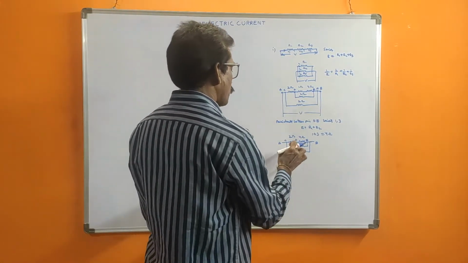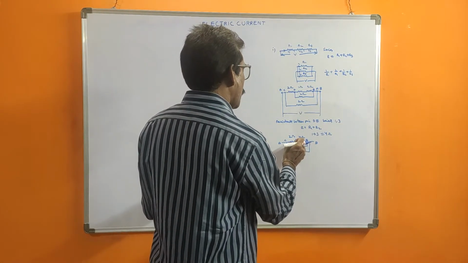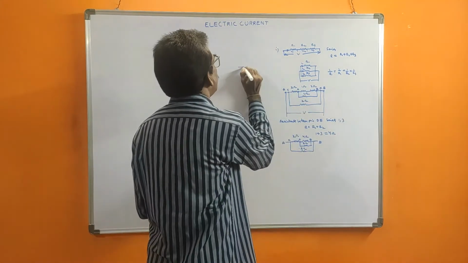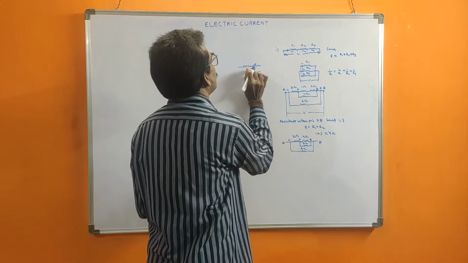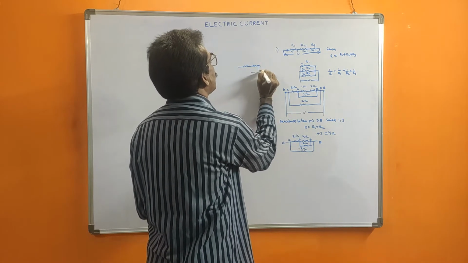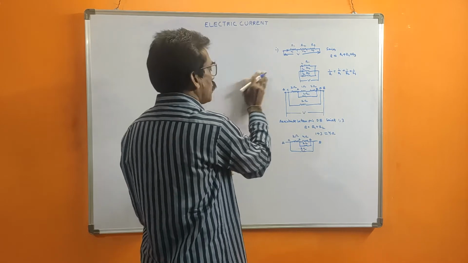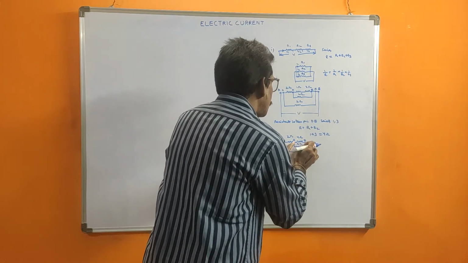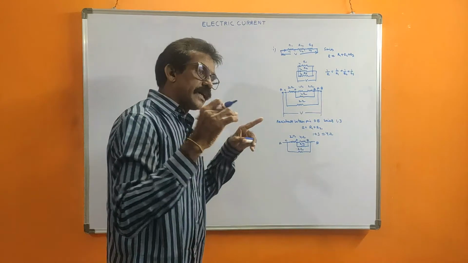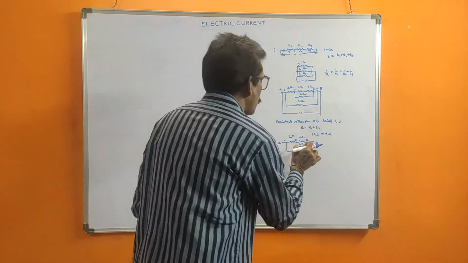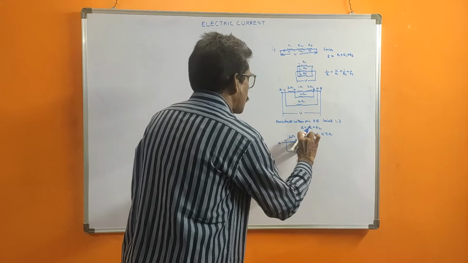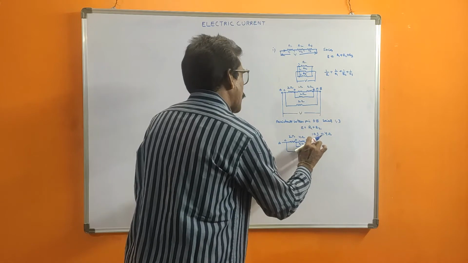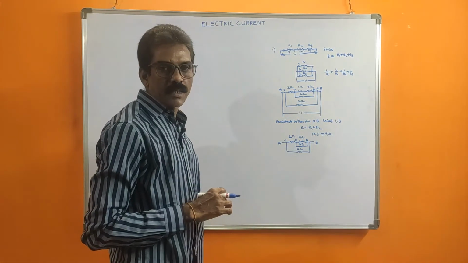Now if you observe, these two are not in series, because in the middle the wire connection is there. For series connection, suppose here another, these two are not series. If this is here, then these two are series. So these two are not series, but these two are parallel. See, these two ends are connected to one end, and these two ends are connected to one end. Those ends connected to some other resistance, that is no problem. For these resistors, one ends are connected, other ends are also connected.